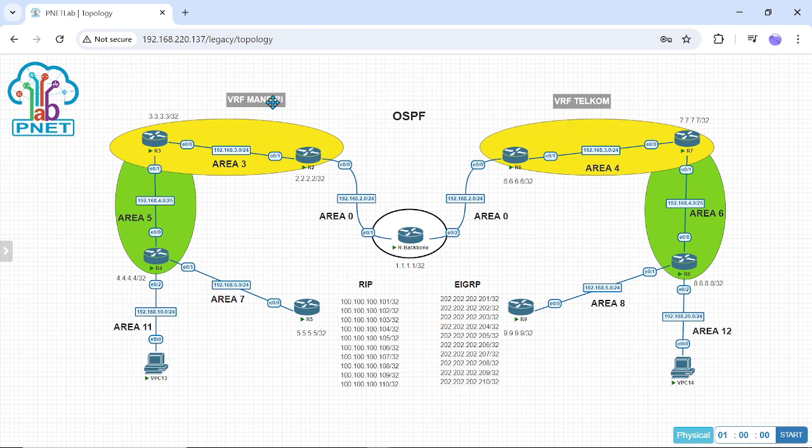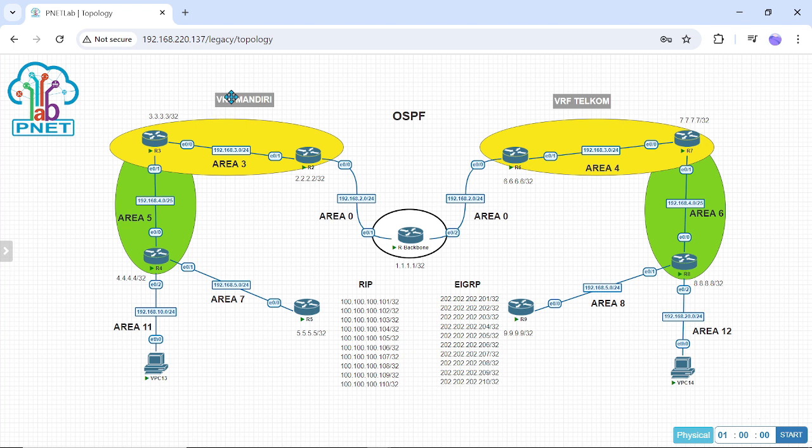First I will explain about the VRF. I have already set up the VRF configuration. VRF Mandiri has its own IP routing table, and VRF Telkom has an IP routing table just for VRF Telkom.